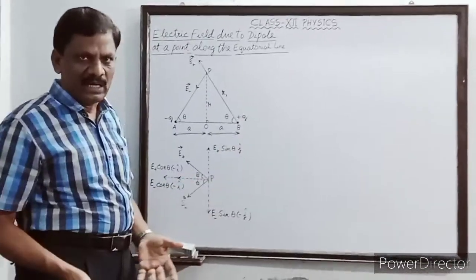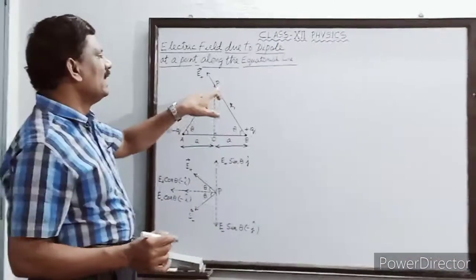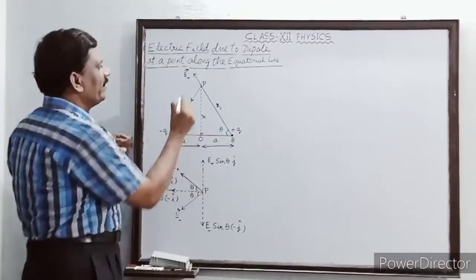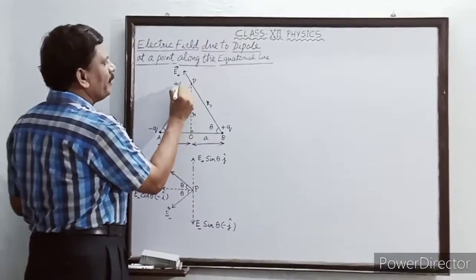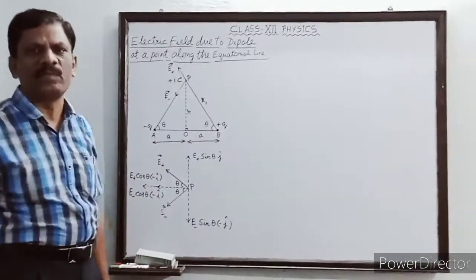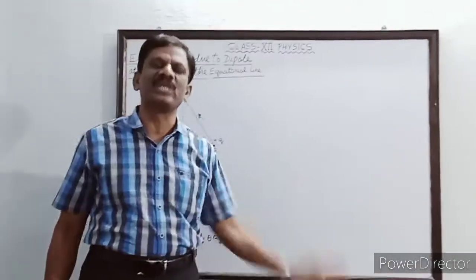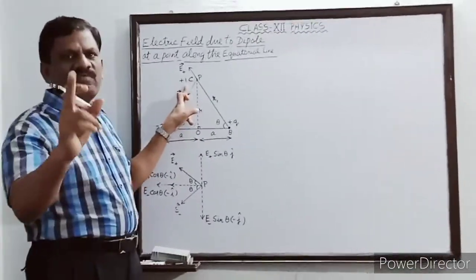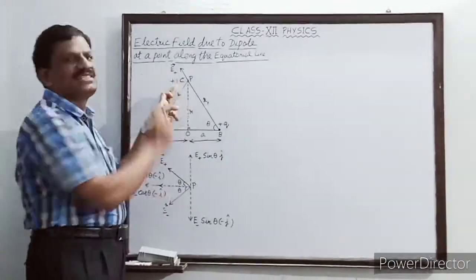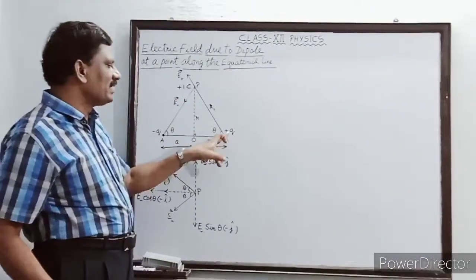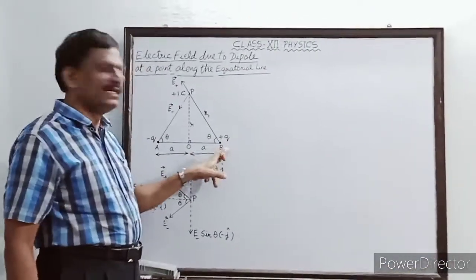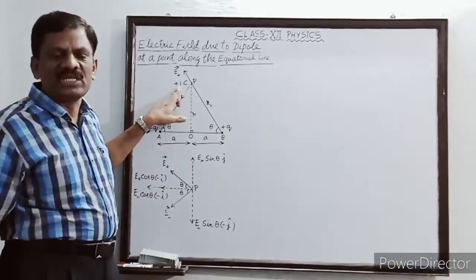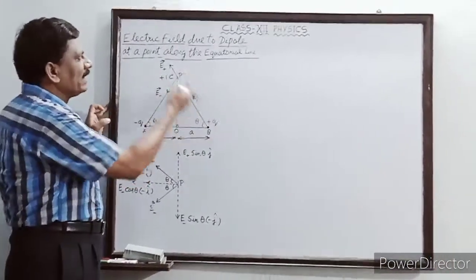So as usual, I am going to find out the electric field at the point P due to the positive charge. For that, I will assume a positive charge of plus 1 coulomb is placed at the point P. It is a test charge of plus 1 coulomb. So what will be the nature of the force experienced by this unit positive charge due to the other positive charge plus q placed at B? It will be repulsive, and this unit positive charge will be repelled along the direction BP.